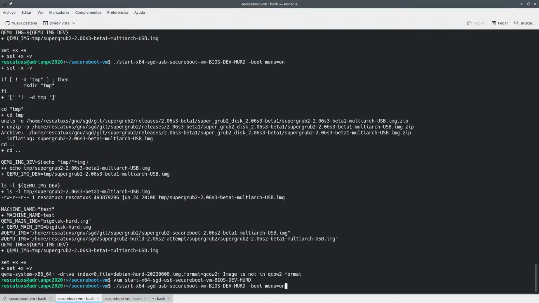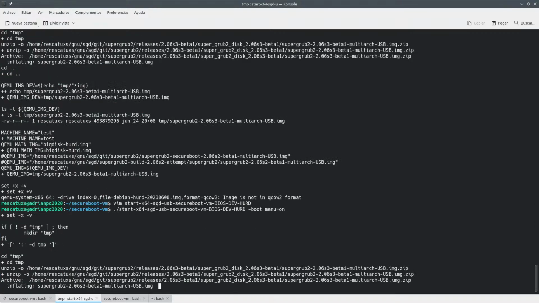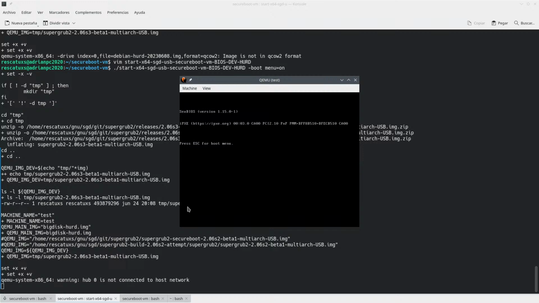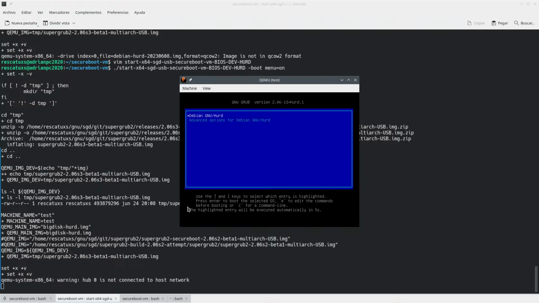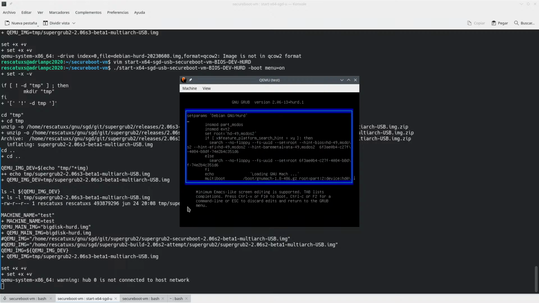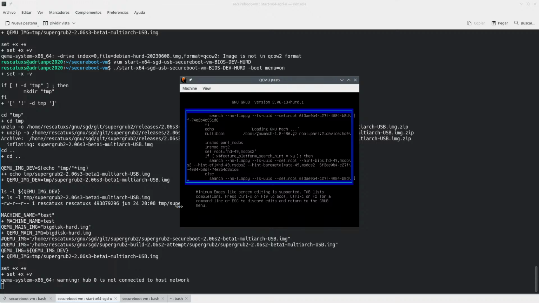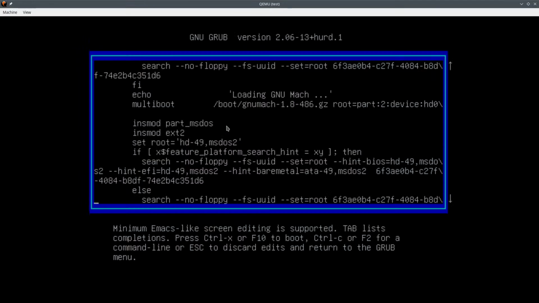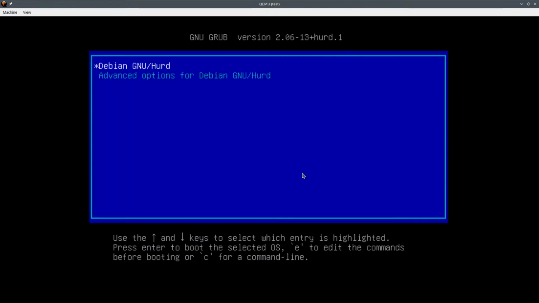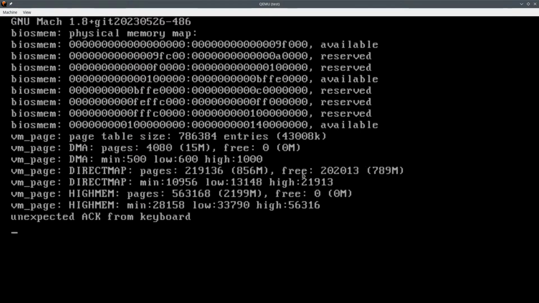I could use one of these GUIs for this stuff, but I prefer to do it manually. So you can see how we have 5 hard disks. Super Grub2 Disk is not here. We can see here what the hell this is about. It has nothing to do with documentation. So let's boot into this.